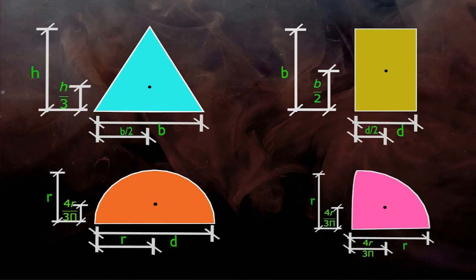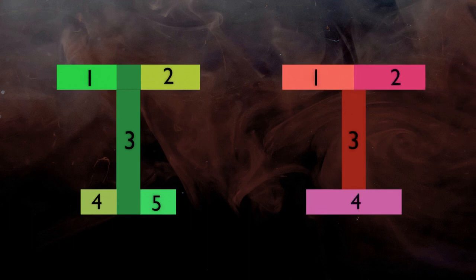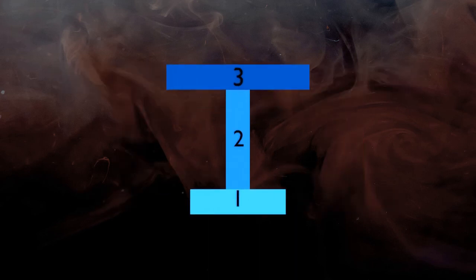For this problem, we will divide it into rectangles. You can divide the area as per your convenience like this or this. Centroid coordinates will be the same in each case. You can try it yourself for any kind of divisions, but here we will try to make it as simple as possible to simplify calculations. So let's divide this I section into 3 rectangles like this.